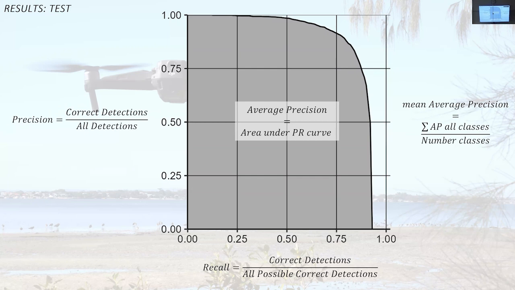So the mean average precision is just one number that describes the performance of that network. And it's built up in the way that we just went through there. So it's a little bit confusing, but at least now you have some kind of idea of what I'm talking about when I go into the next slide.